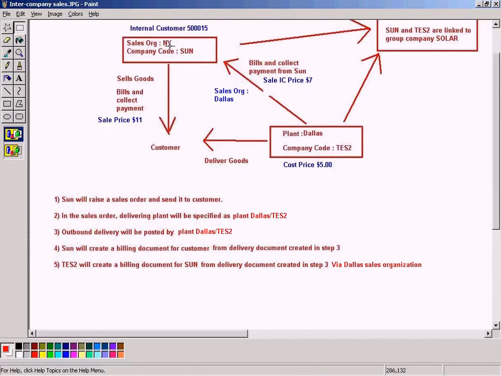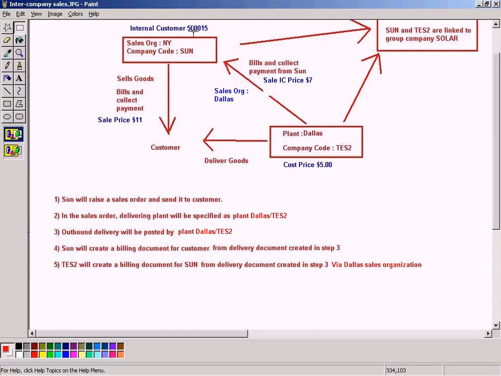Although this internal customer represents the sales organization NY and we have already created it for sales organization NY, it must also be created for sales organization Dallas, because sales organization Dallas